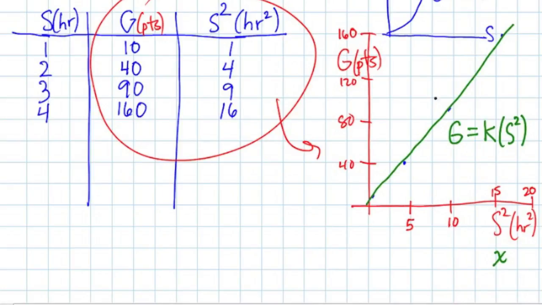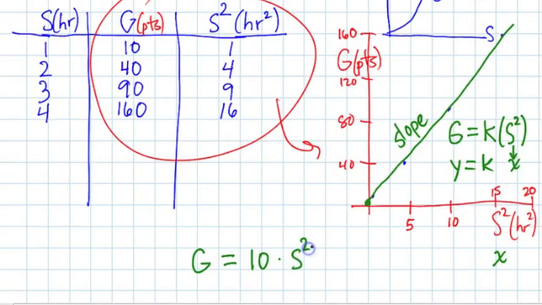And instead of writing y equals kx squared, we're doing y equals kx, where x is being played by s squared. Once you've done this, then you can look at the graph and you can try to determine the slope and you can try to find the intercept. Hopefully what you can see from this is that the equation would be grade is equal to 10